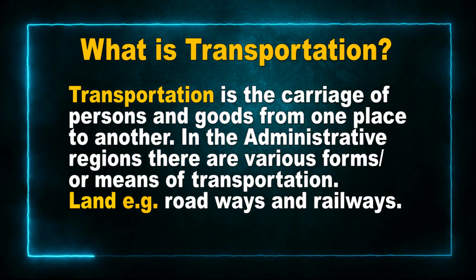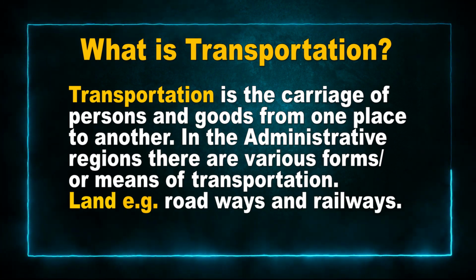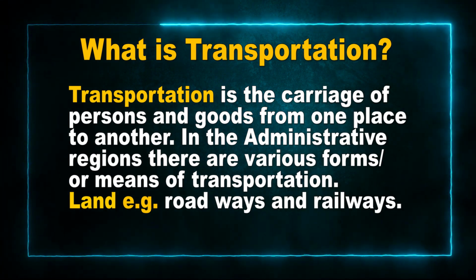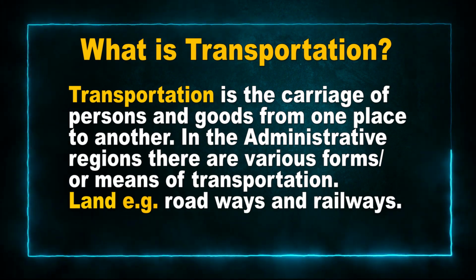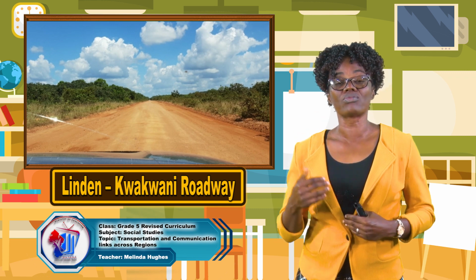For example, we have land. And on the land, we have roads and railways that were built. For example, in Region 10, we have a roadway that stretches from Linden to Kokwani. And so that roadway provides transportation for persons who want to travel from Linden through to Kokwani or even stop